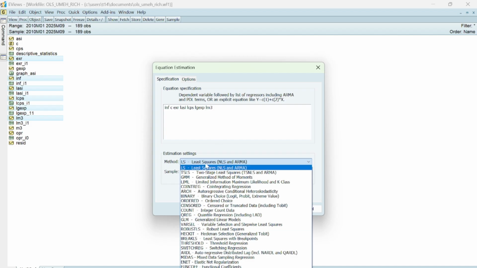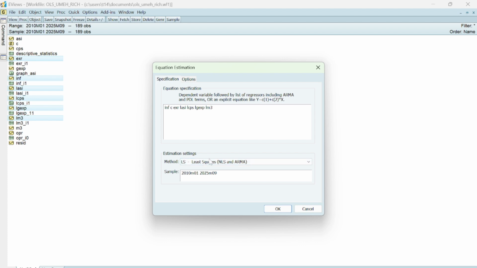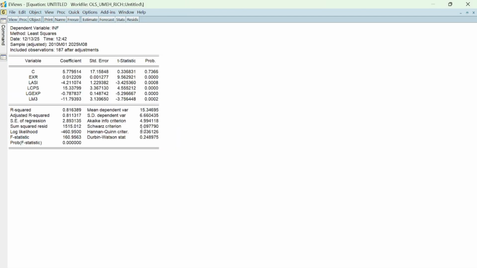So this is our least squares. So it's still 2010 to 2020. Here you can also try to look at different dates. You can change it here to look at it. Okay, let's just look at the full dates. Look at what our result is telling us. The result is telling us that